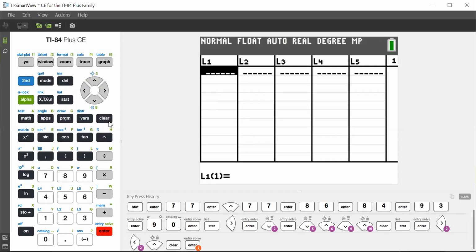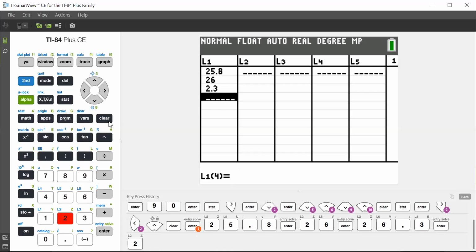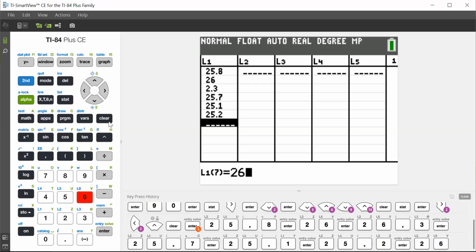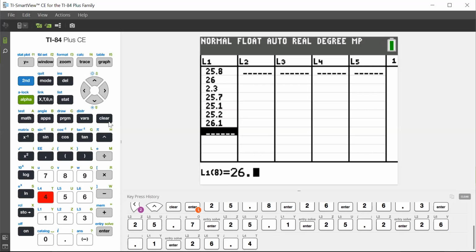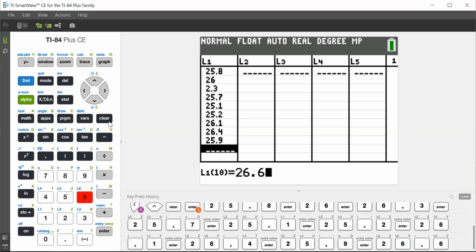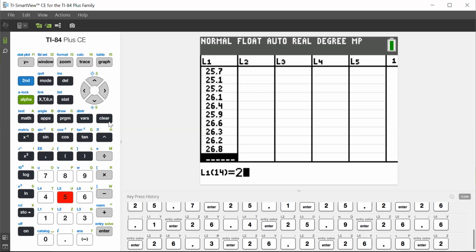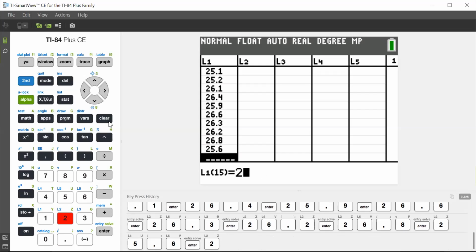So I'm just going to start entering the data for the NFL teams. 25.8, 26, 26.3, 25.7, 25.1, 25.2, 26.1, 26.4, 25.9, 26.6, 26.3, 26.2, 26.8, 25.6, and finally 25.7. After I do that, I'm going to go to L2,